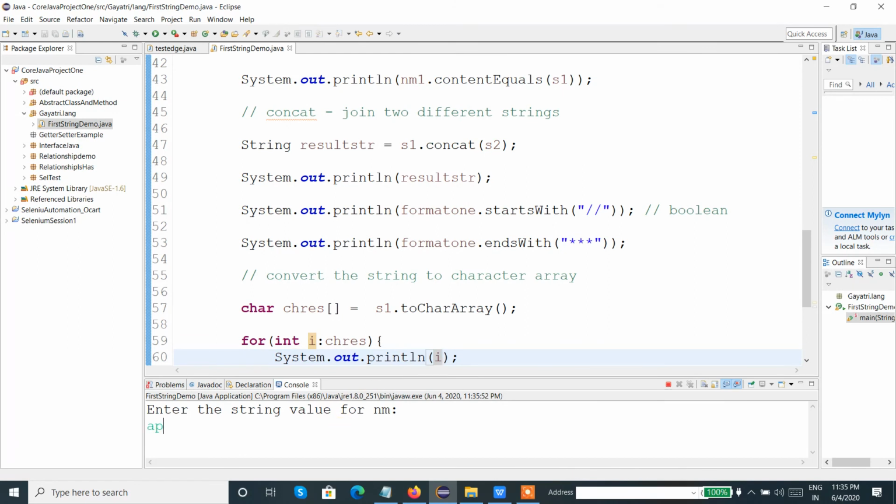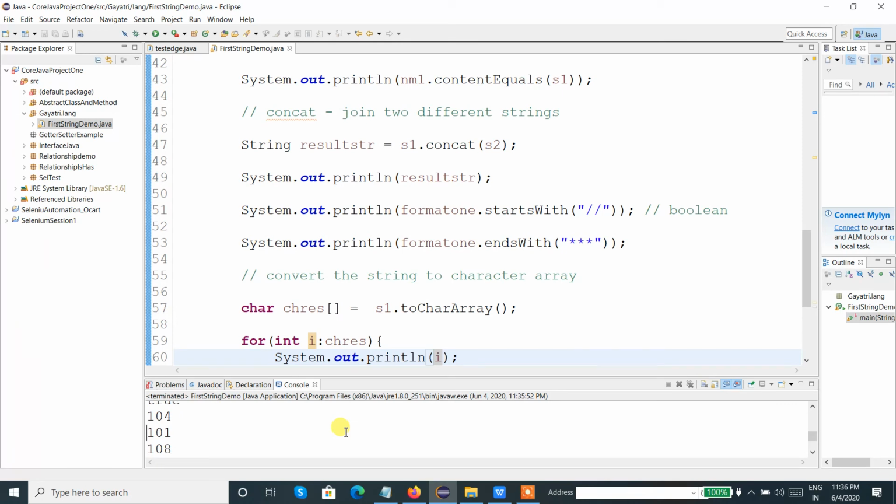I am just entering some random value. 104, 101, 108, 111. So what is exactly this?